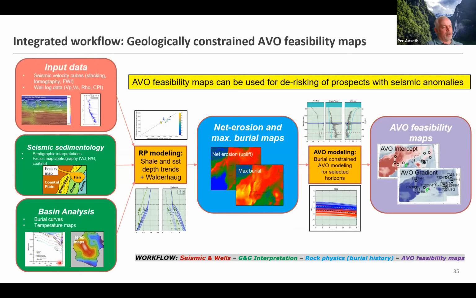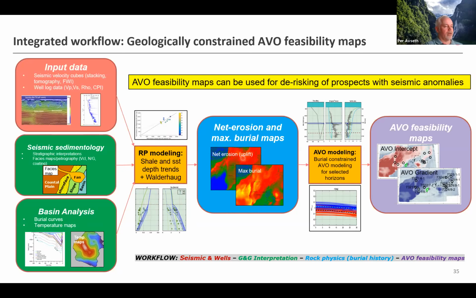Usually that's available, but you can also do this workflow a little bit iteratively and actually use the rock physics to estimate the uplift of burial curves. But this would be an iterative approach. Or, if you have a reliable burial curve or burial history, you could use that to constrain your rock physics modeling. And then you can create these uplift maps also using rock physics modeling combined with your burial curves, and then extrapolate that into